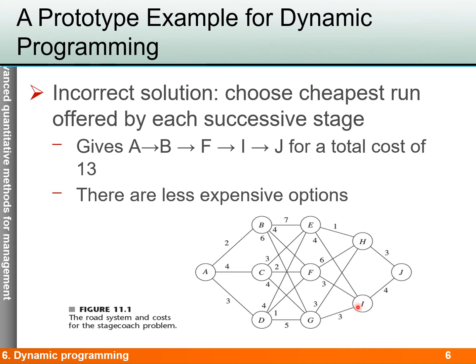So we move toward I, and from I there is only one possibility toward J, that is 4. So if we add all these items, 2 plus 4, 6, 6 plus 3, 9, plus 4, 13. So this one could be an option, but by solving the dynamic programming, we'll see that there